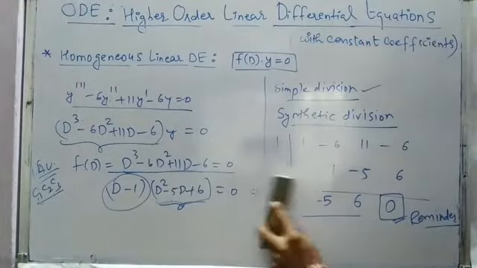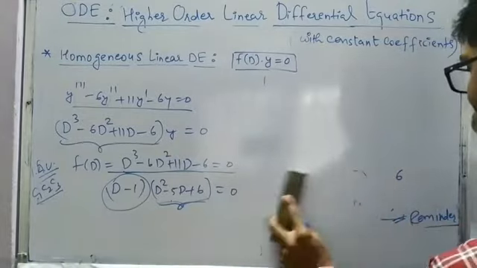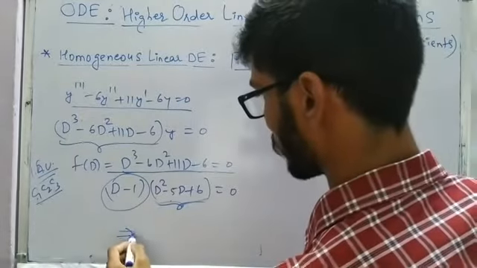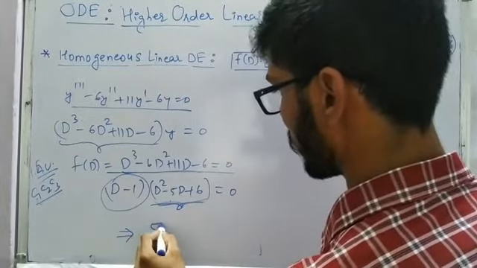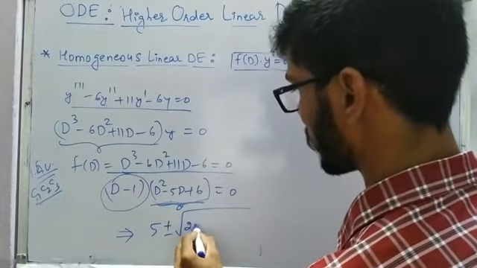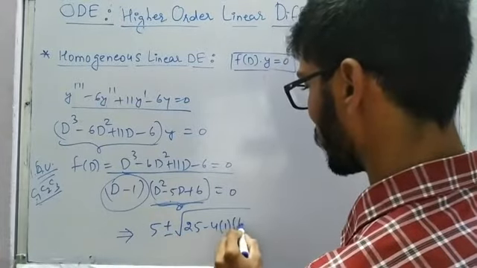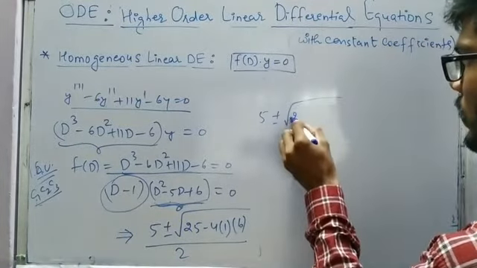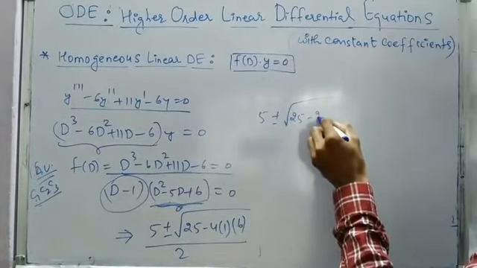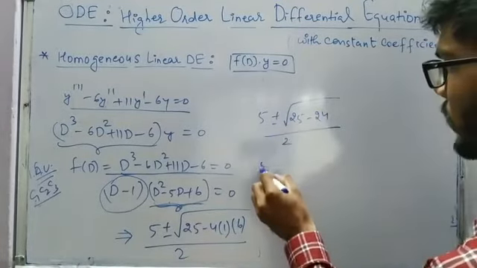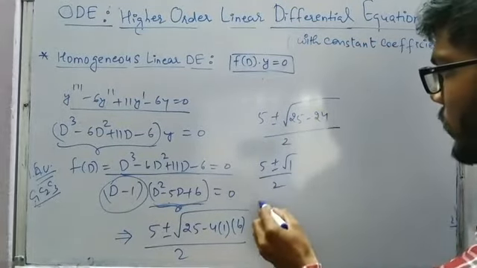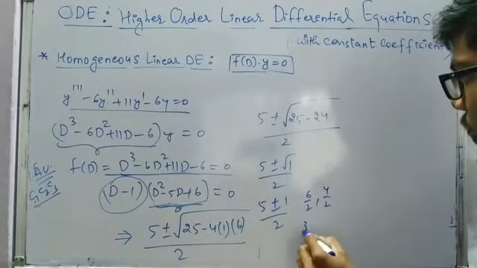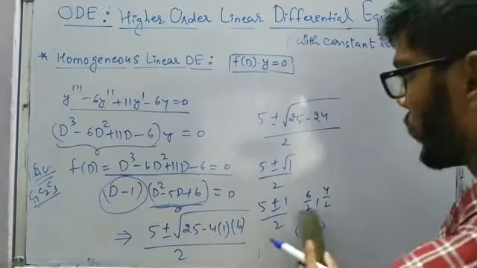So now there is nothing much left. We have the quadratic equation, and now try to find out the roots of the quadratic equation. So the root of quadratic equation will be minus b plus minus under root b square, which is 25, minus 4ac, divided by 2a. So 5 plus minus root of 25 minus 24, divided by 2. So 5 plus minus 1 by 2. So 6 by 2 and 4 by 2. So 3 and 2. So 2 and 3 are going to be the roots.